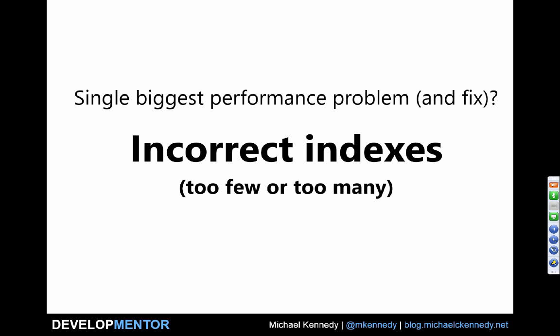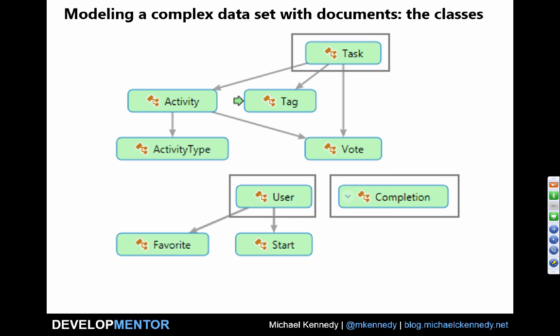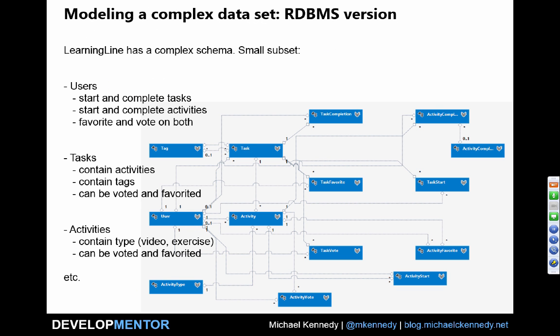Okay, so that's great that there's this problem, but how do you solve it? It turns out that, let me go back just a few slides for you here, indexes are more important in document databases than they are in relational databases. And that might surprise you, because you're maybe thinking, well, these document databases, I've heard they're fast, right? They're NoSQL, they're awesome, and so on.